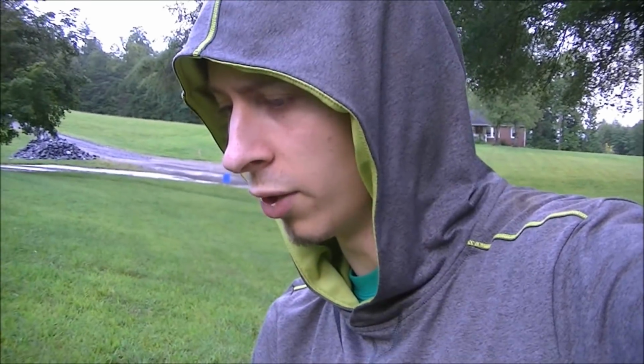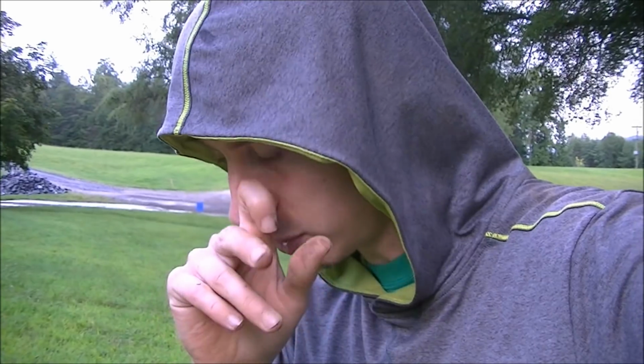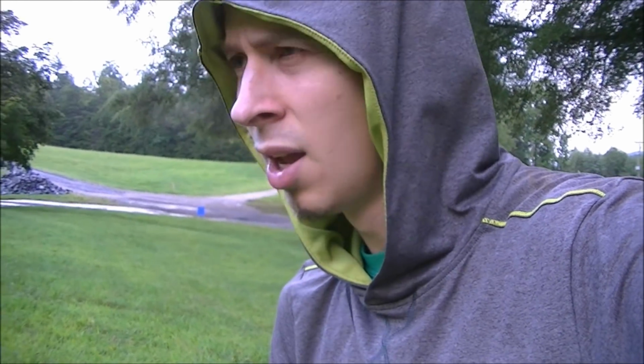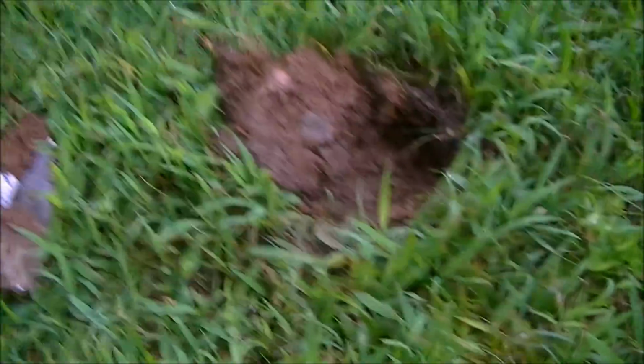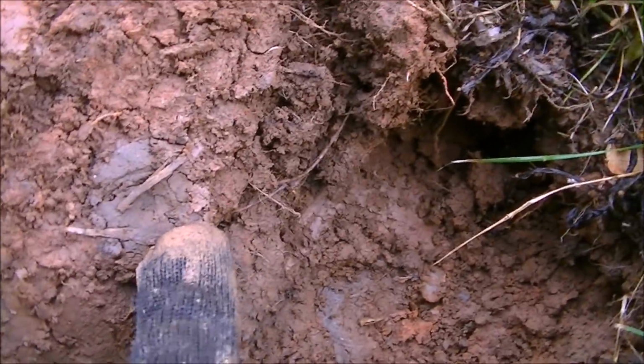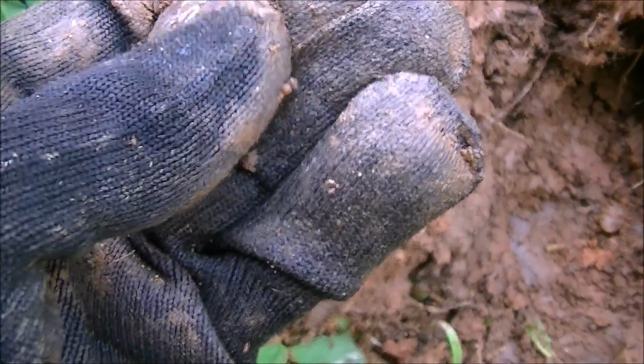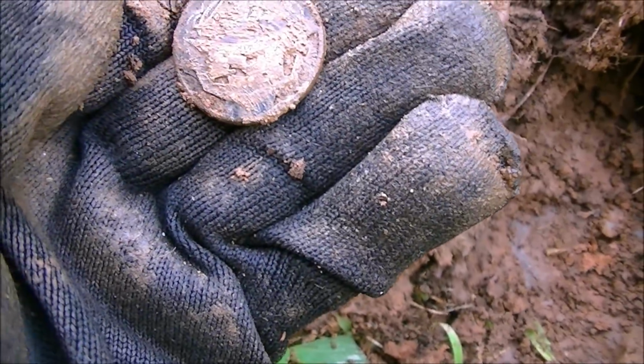Now I got something cool here. For a split second I was going to skip this signal, because there's a lot of signals in here that are toward the surface and they're trashy and the tone kind of smears, just like pieces of cans and stuff like that. But when I heard this one, I'm like, oh, it's more solid, I gotta dig it. And check it out, it's gonna be something interesting. First, when I popped the plug, I saw that huge imprint and I'm like, oh man, it's gonna be a big coin. It's not a coin, you can see it fell off here,